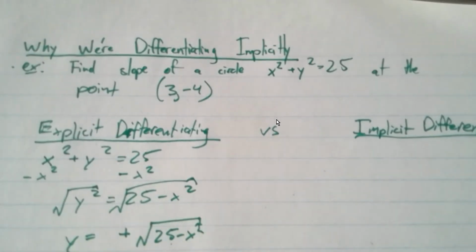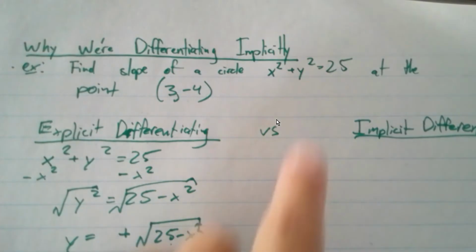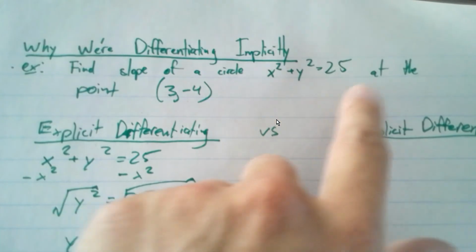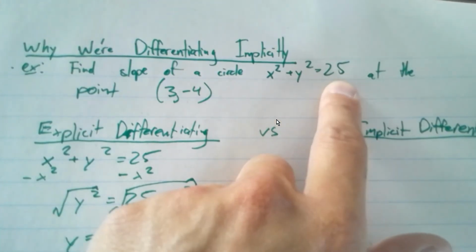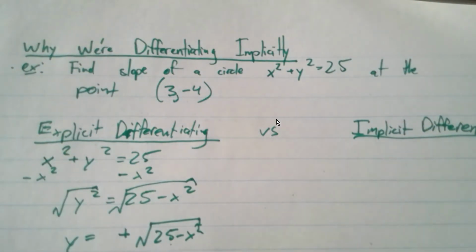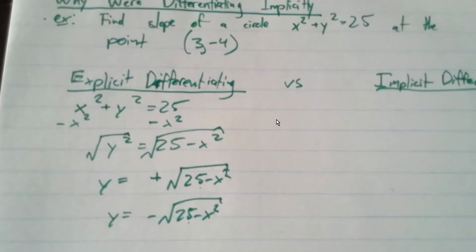I'm just saying, find the slope of a circle. That's the equation for a circle. Does anybody remember that from pre-calculus? You take x squared plus y squared, I think, and then your radius squared is 25. Does anybody remember that? The only problem with this, if I wrote my equation like that,